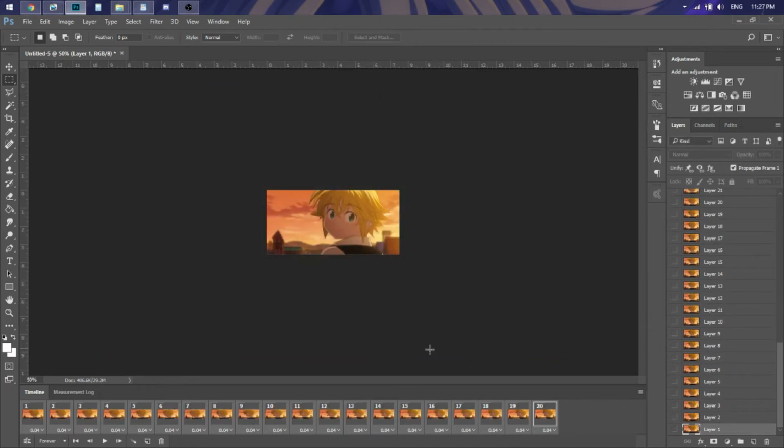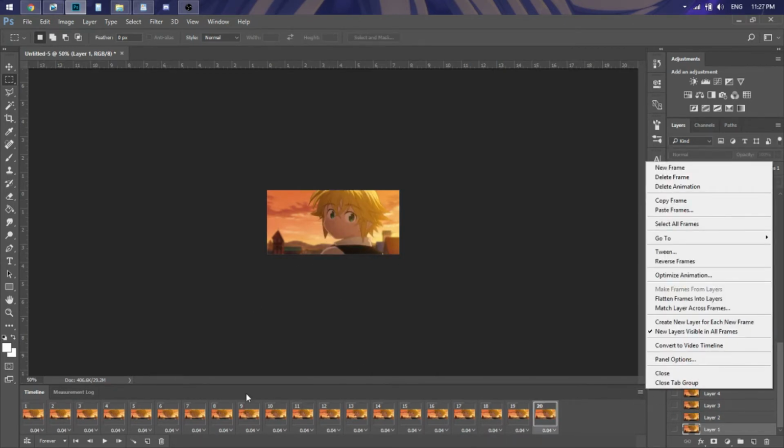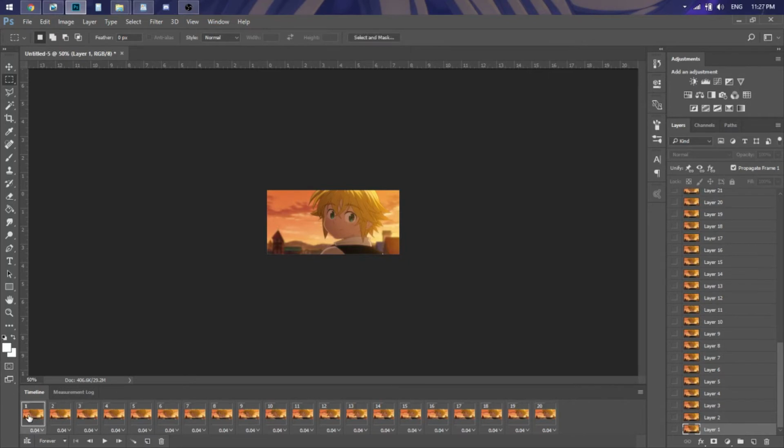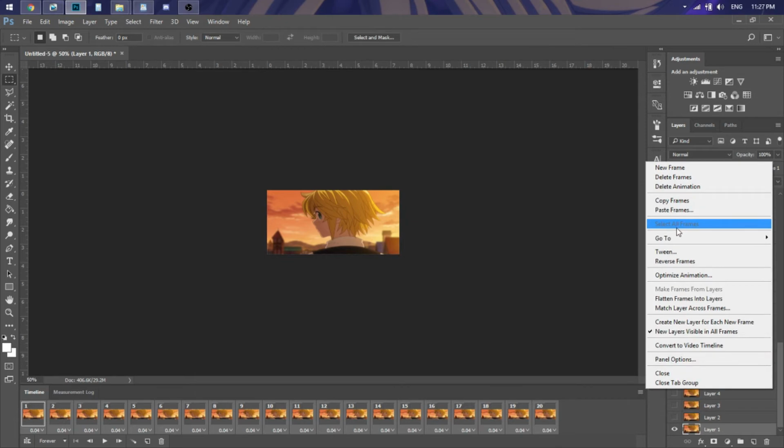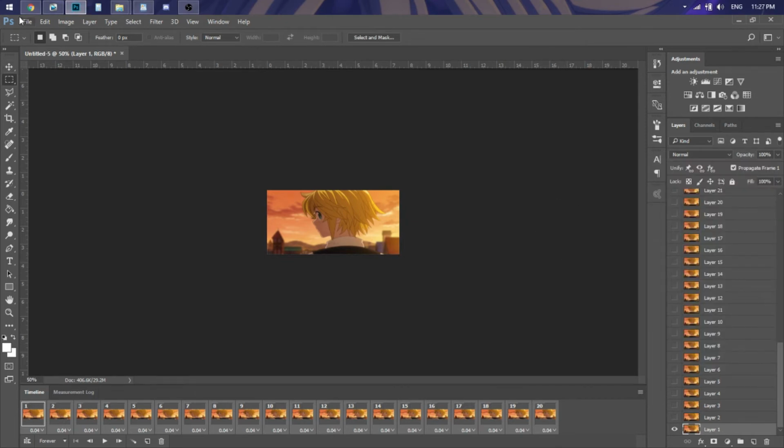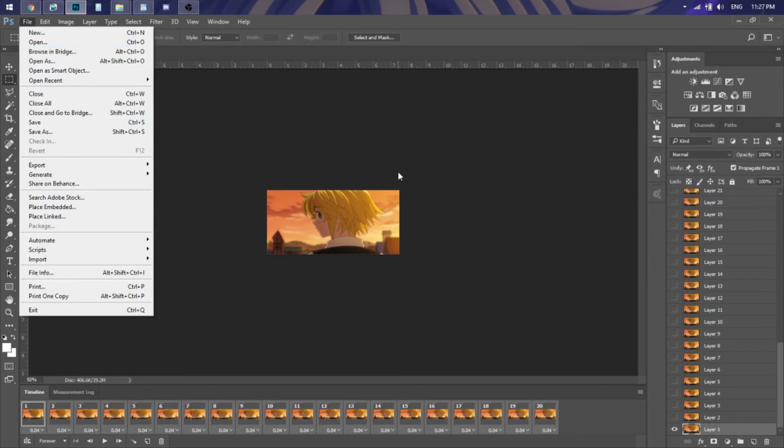So yeah, then everything is the right size. You go to this bar, or just go from 1 or 20 wherever, and then press shift and go to the other side, or go to this and select all frames. But yeah, before that, if you don't have a PSD file like I have,